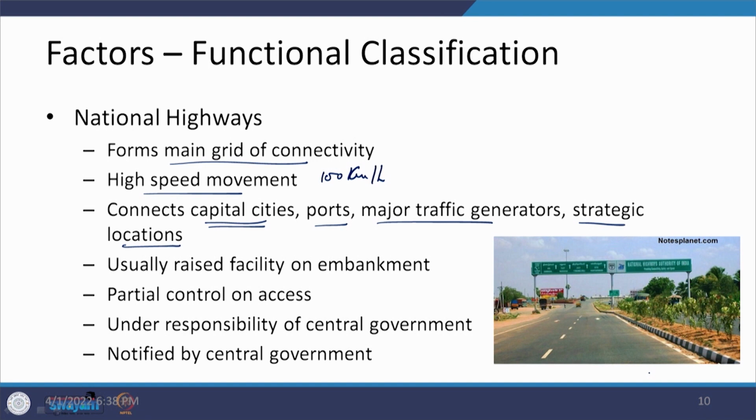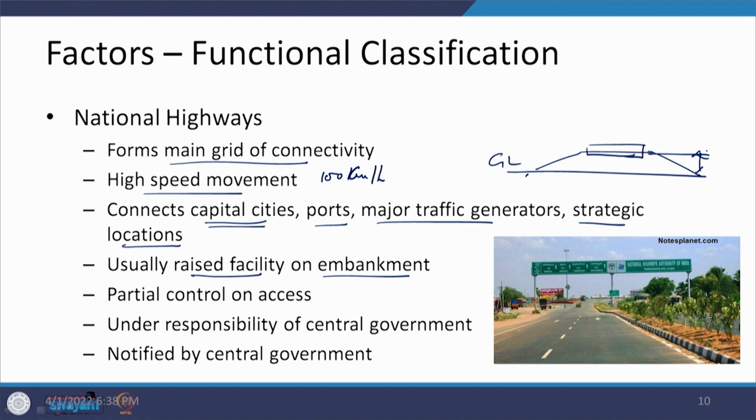Again, though they may not be elevated in nature, they are expected to be a raised facility. That means they should be constructed on an embankment. So, if you have a ground level something like this, it is expected that this particular road is going to be there on this particular embankment. So, there is a height difference which should be there between the ground level in the surrounding area and